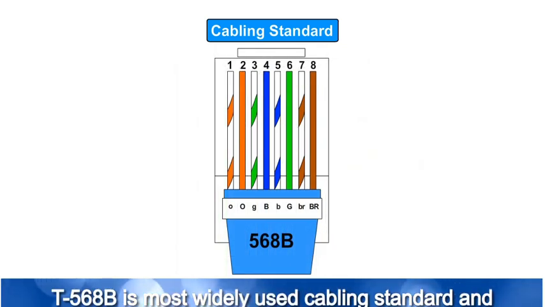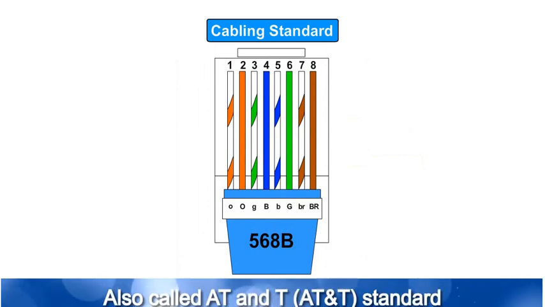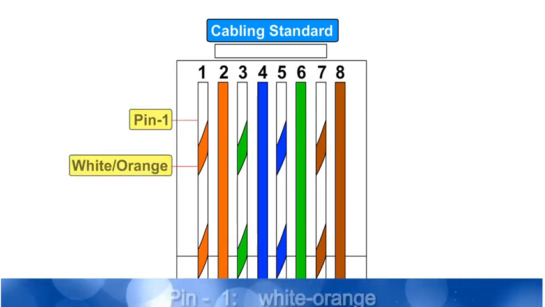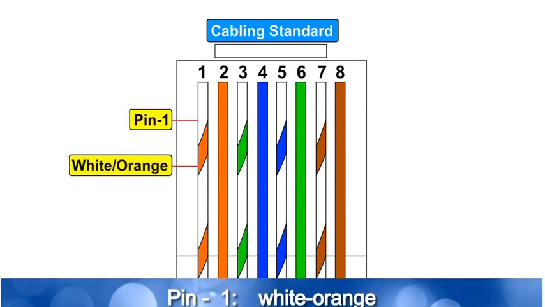568B is most widely used cabling standard and also called AT&T standard. Pin color code of 568B is pin 1 white orange,